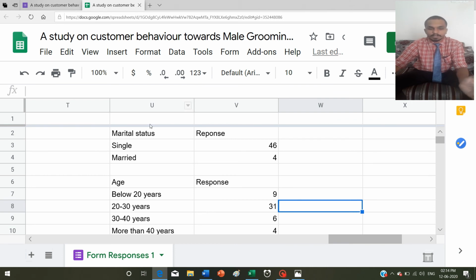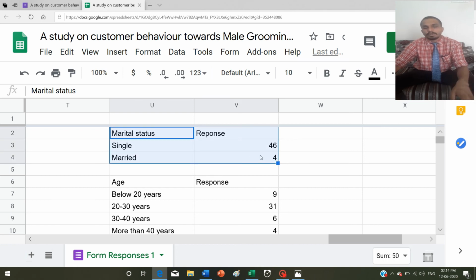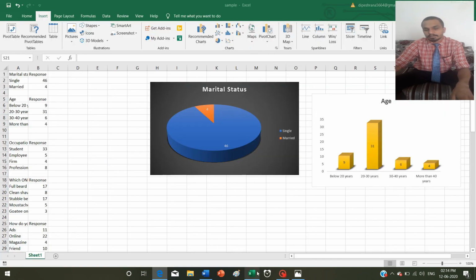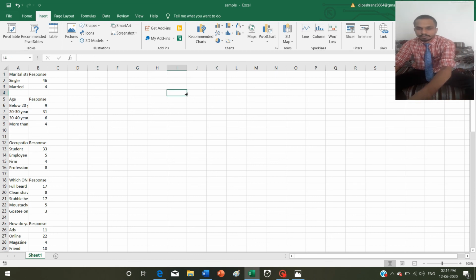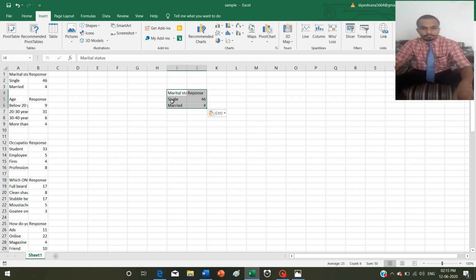Now I will again show you how you can make a graph. What you will do is select the table, Control C, copy. This is the previous one, so I just need to delete it so that I can explain again.